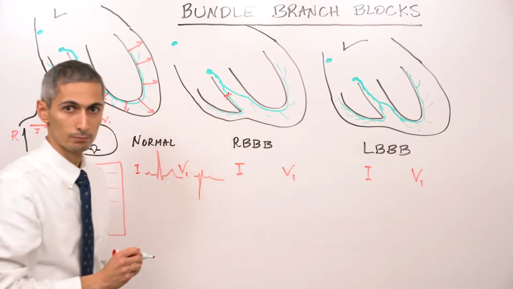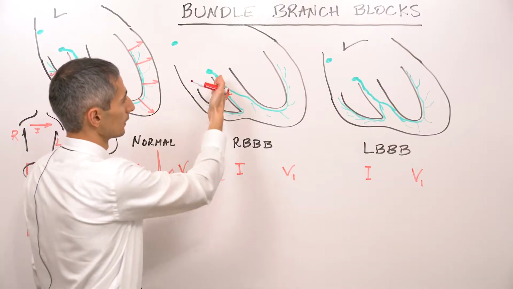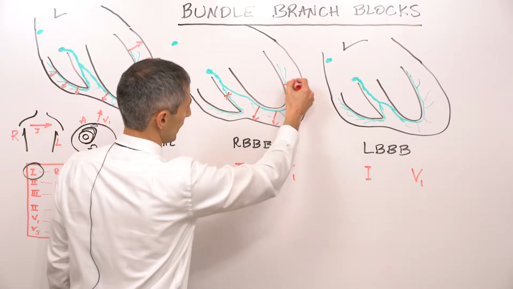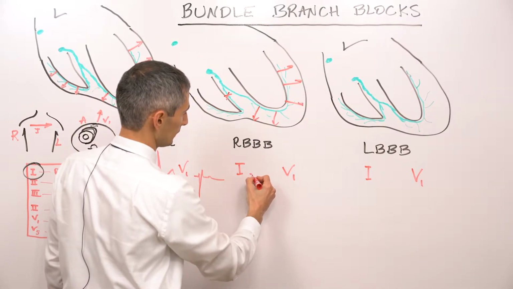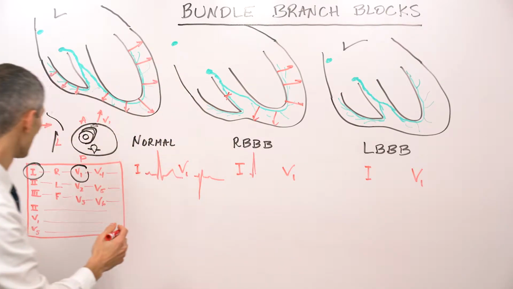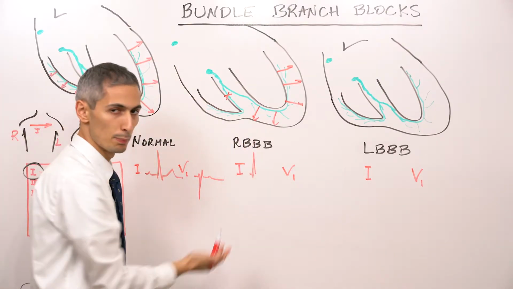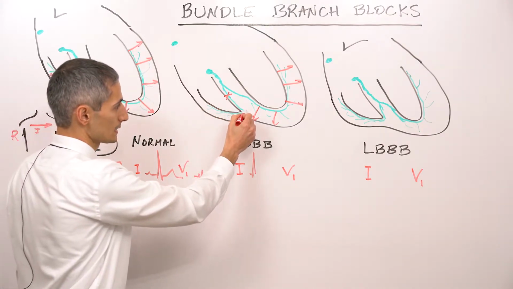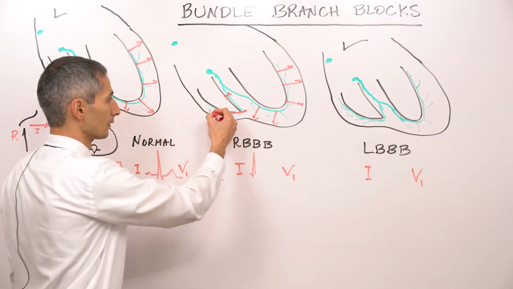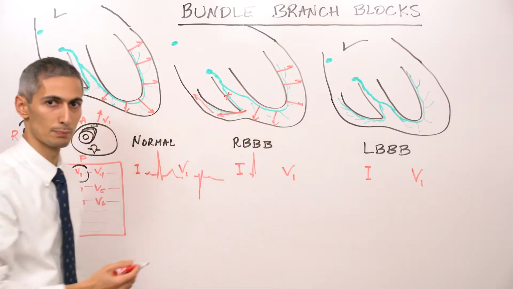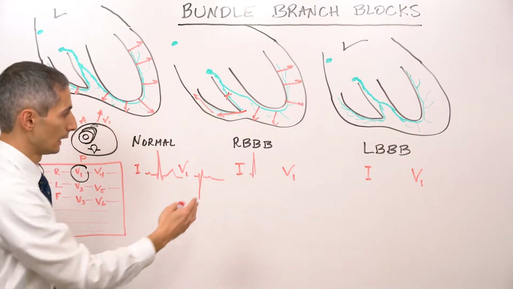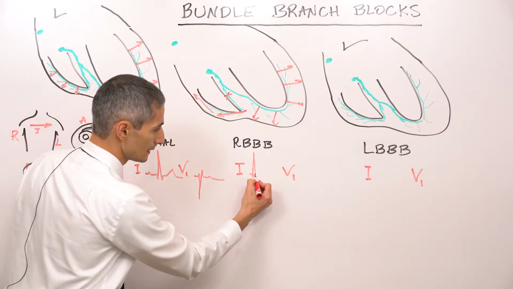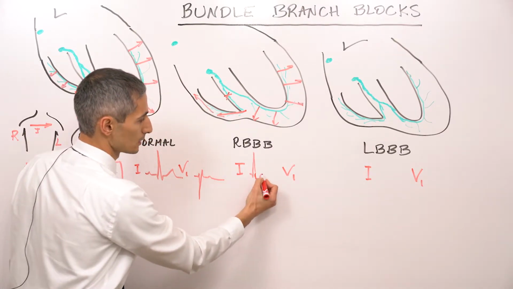This guy is broken. So when the AV node transmits, the left bundle depolarizes like it should, and the LV depolarizes thickness-wise like it should. And in lead 1, which points to the left, you get this positive depolarization like normal. But the right ventricle actually ends up depolarizing later and lengthwise, starting from the septum and towards the right. And that's why what you see in lead 1, a leftward pointing lead, is a late and negative and prominent, wide and deep